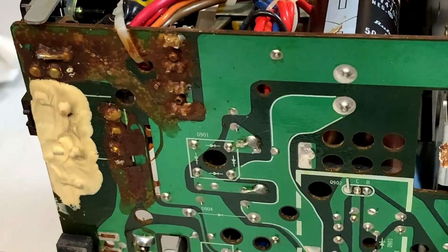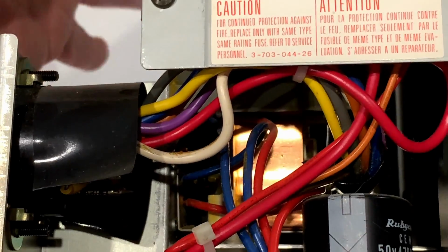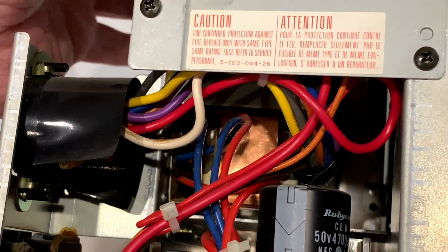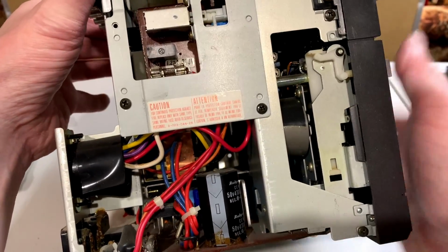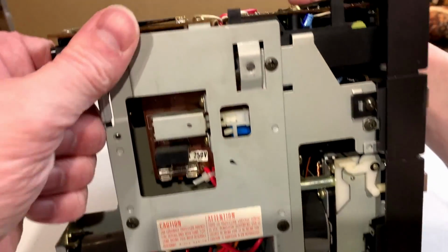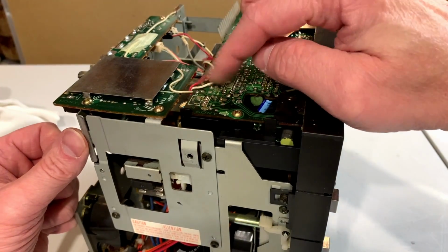But yeah, the cassette mechanism is going to be tricky to get out of here, I think. I think what we need to do is pull this faceplate off. I should probably zoom out so you can see what I'm doing here. I think we need to remove this front plastic faceplate in order to do anything else. And it looks like the tuner board is integrated with that, so